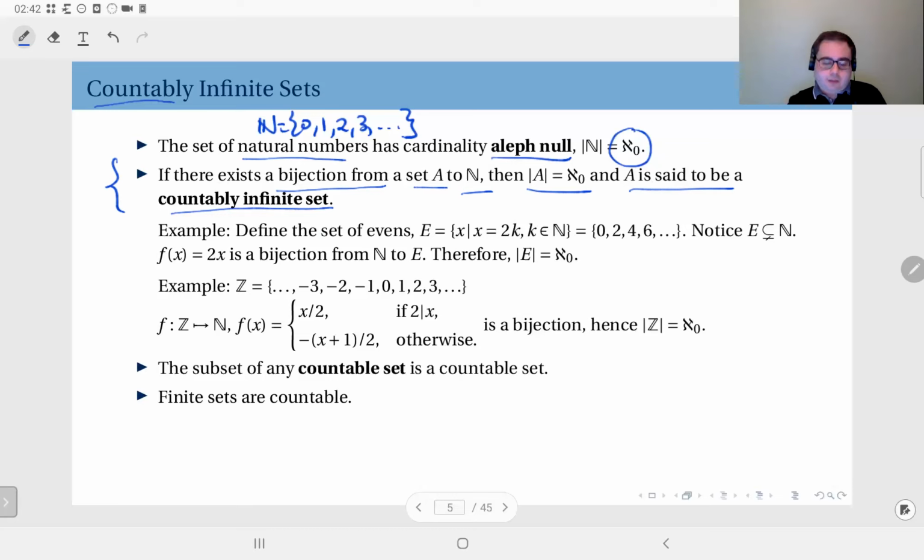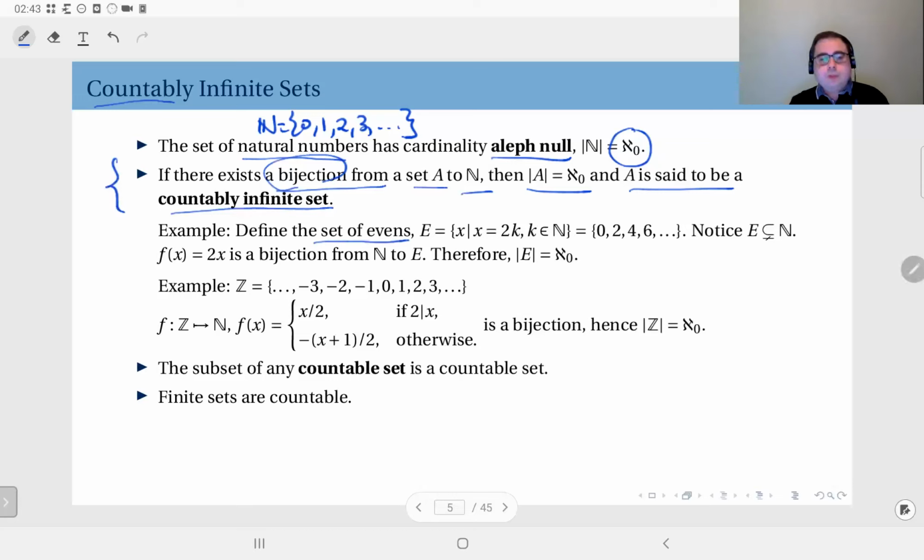The bijection definition is of course crucial here. If you remember, we said that if you can define a bijection between two sets, then in cardinality they are equal. So that is going to be our definition. When you want to prove that a set is countably infinite, for instance, the first thing you can try is coming up with a bijection between that set and the set of natural numbers. Here's a simple example, actually two examples.